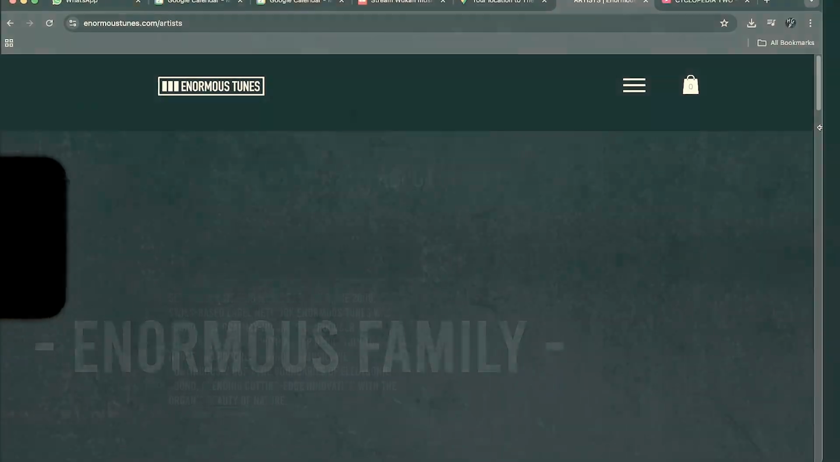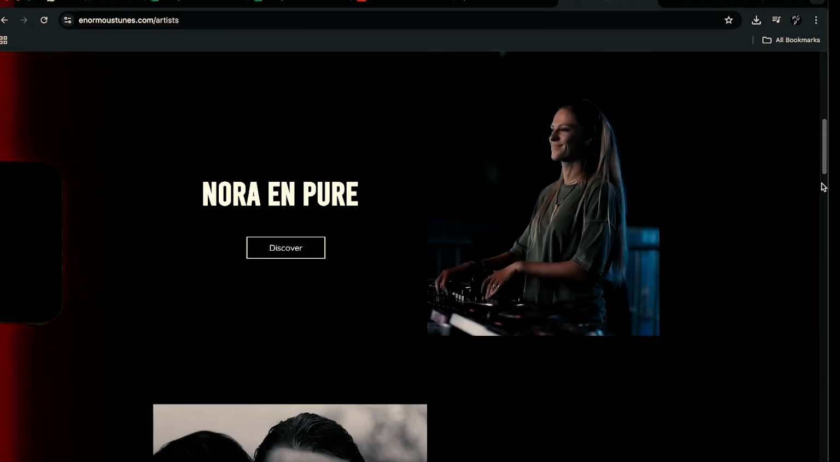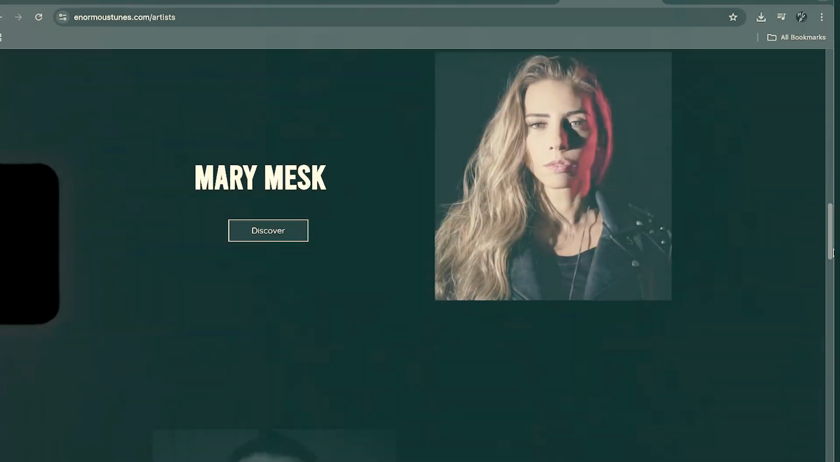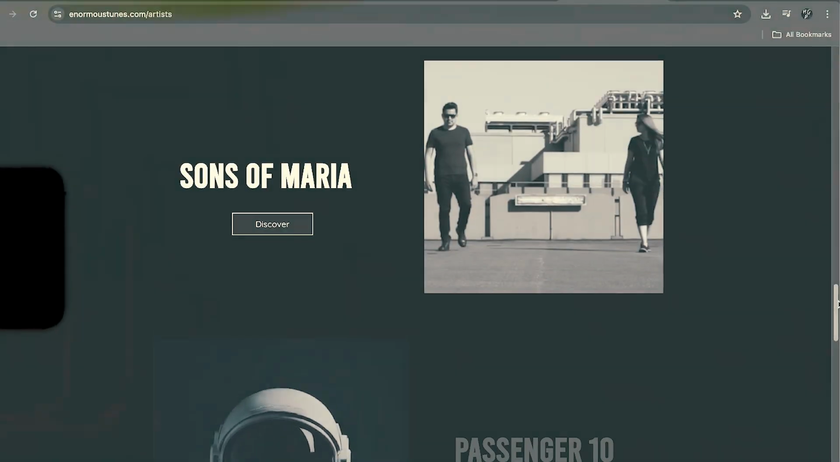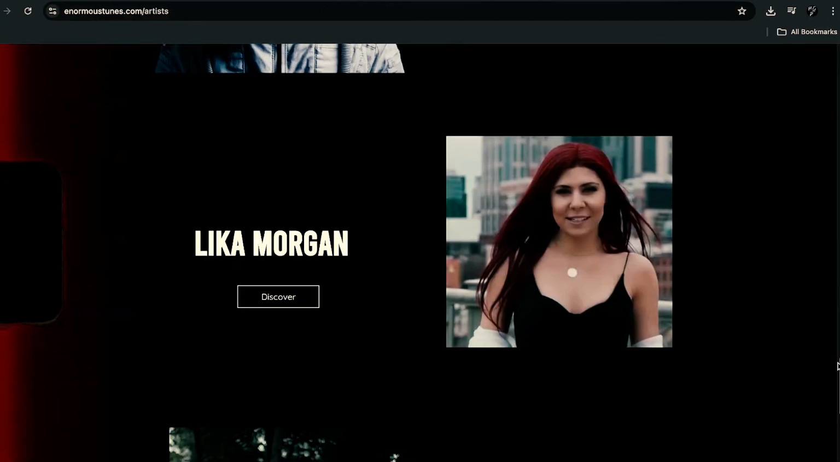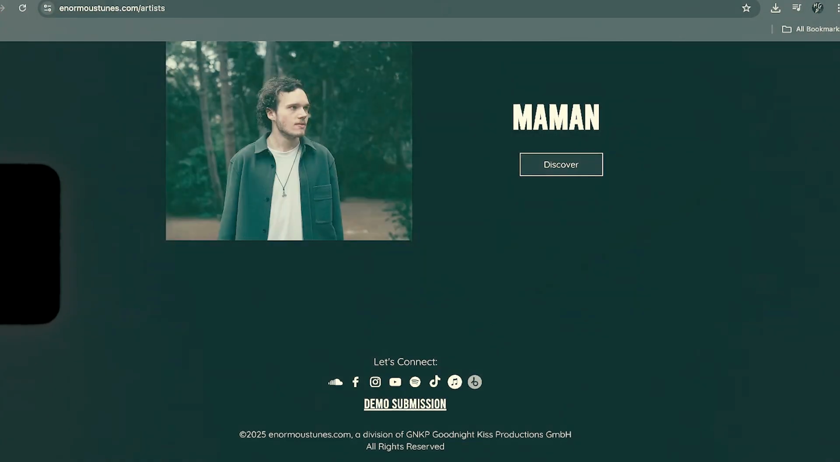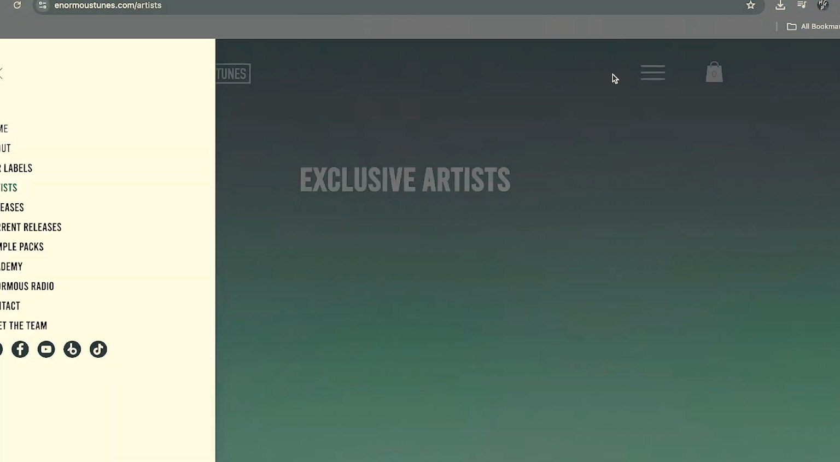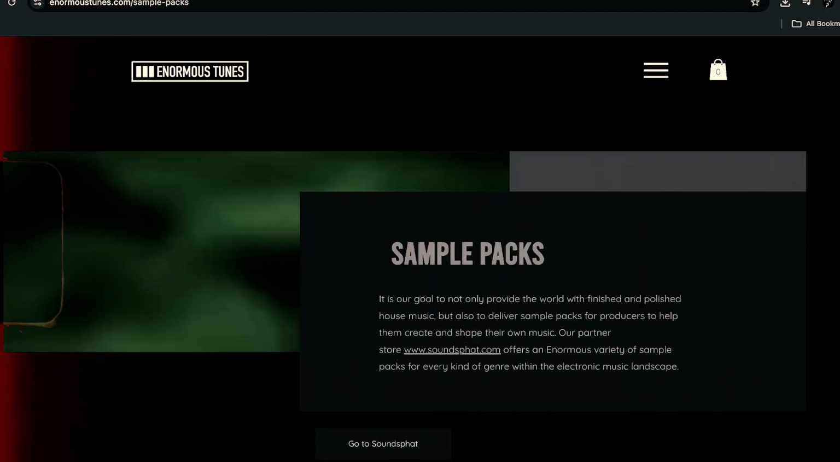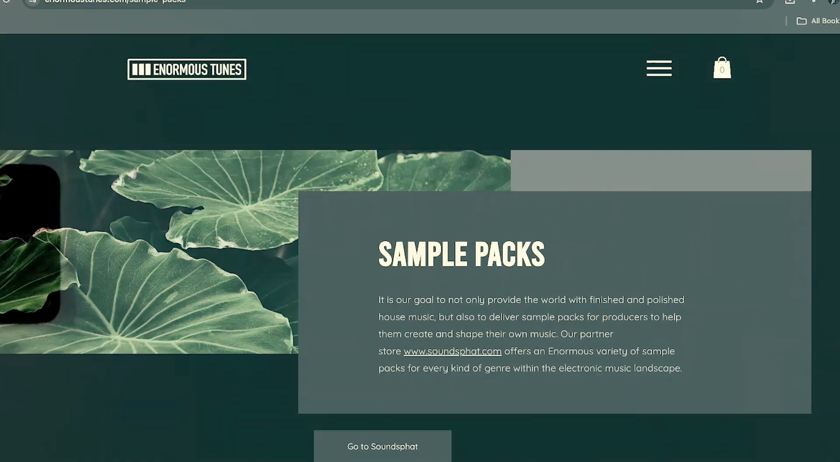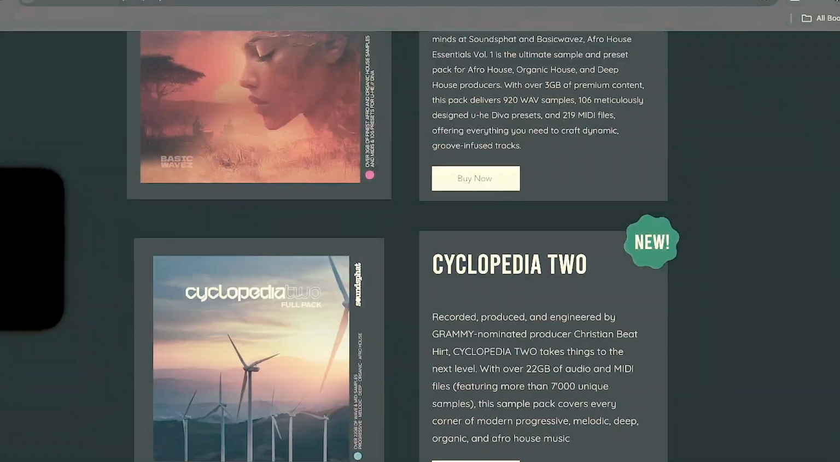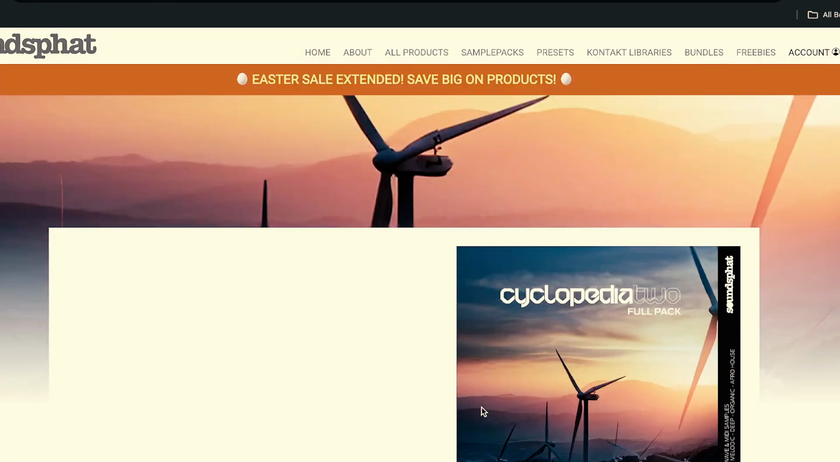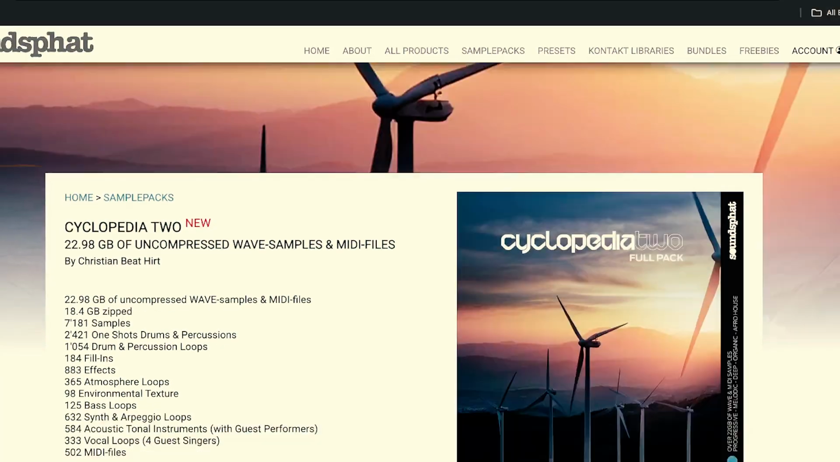Other notable artists on this label are Daniel Portman, who provides the reference track that I will be using today, and Nora En Pure, one of the biggest names in prog house, running her own label called Purified. As well as releasing original tracks, they also have a partnership with Sounds.Fat, and they release killer sample packs. The label got in contact with me in order to take a look at the Cyclopedia 2 pack,